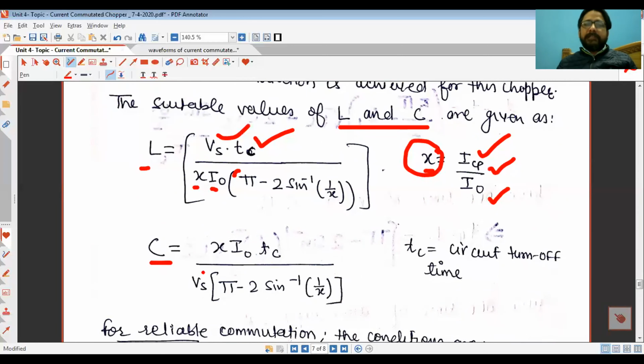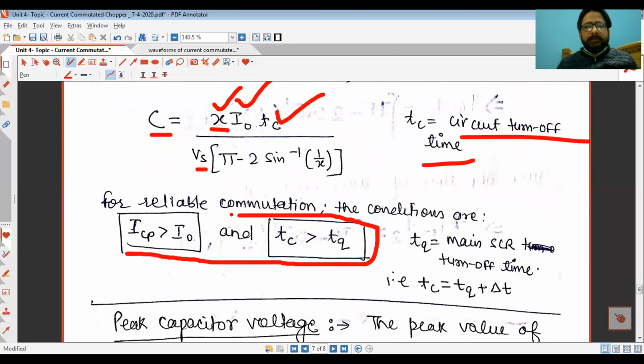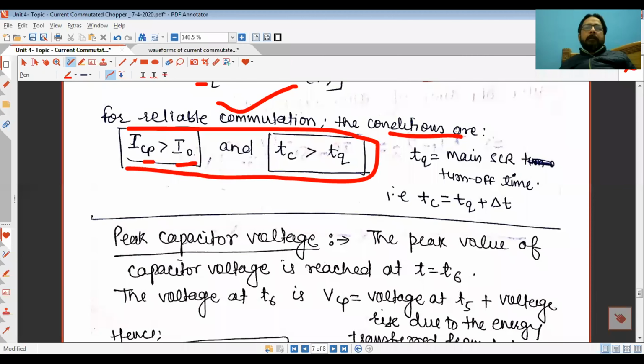Similarly, the value of C depends upon the load current, the circuit turn off time TC, and the supply voltage. So these three, and of course on the peak current ICP also, because it depends upon X. So the peak current also it depends on, right? Similarly, I have written here also that for reliable commutation, there are two conditions. One thing is that the peak current should be